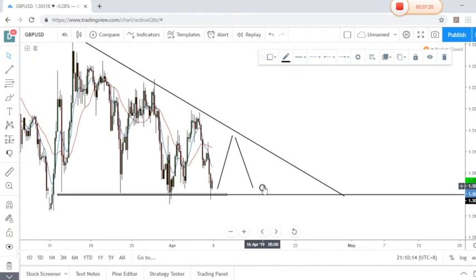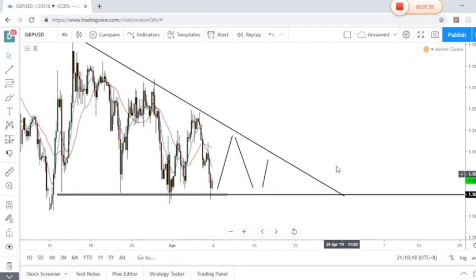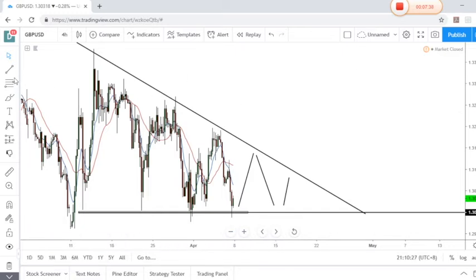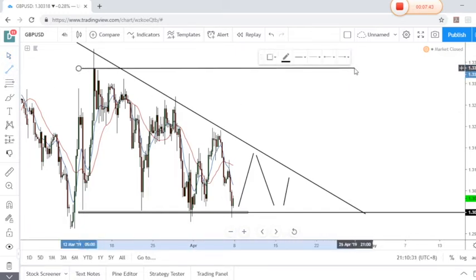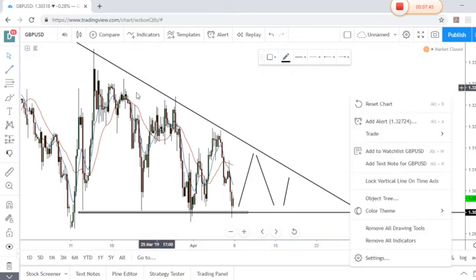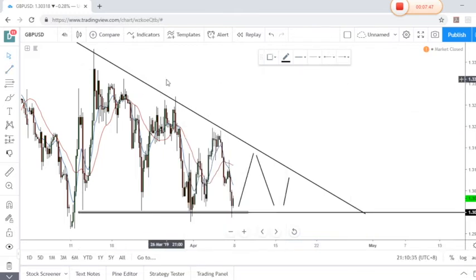However, if this pair managed to break above this level, this pennant here, we can see a huge movement for the bulls to actually reach the top of the resistance right here. The risk reward is very interesting right now, but I still wouldn't trade. Like I said, GBP is still in a very big mess. So what we can do now is just wait for the price to break any of this